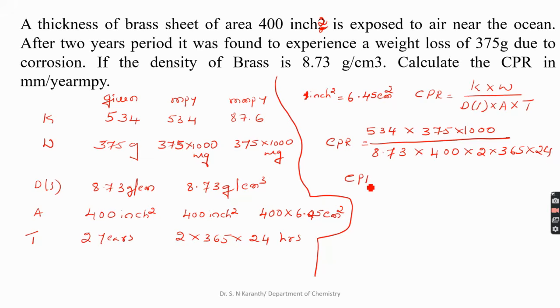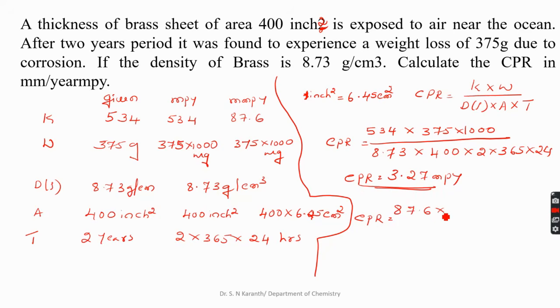So first I can get CPR in terms of Mpy, because I put 534. So 534, we express in terms of Mpy. So it becomes 3.27 Mpy. Okay, same way, if I want to calculate CPR in terms of Mmpy, it should be